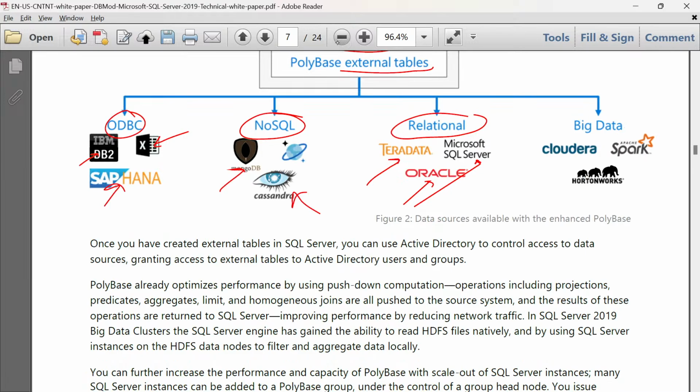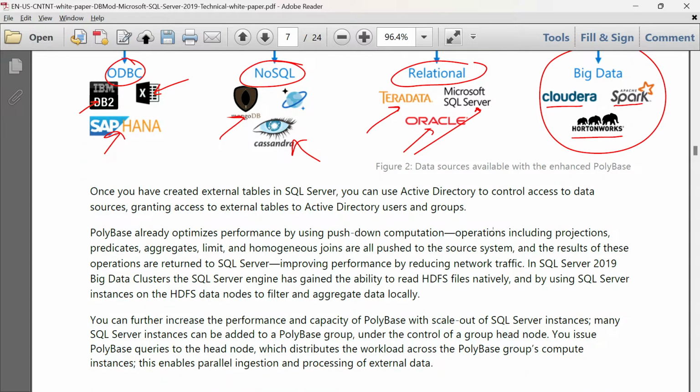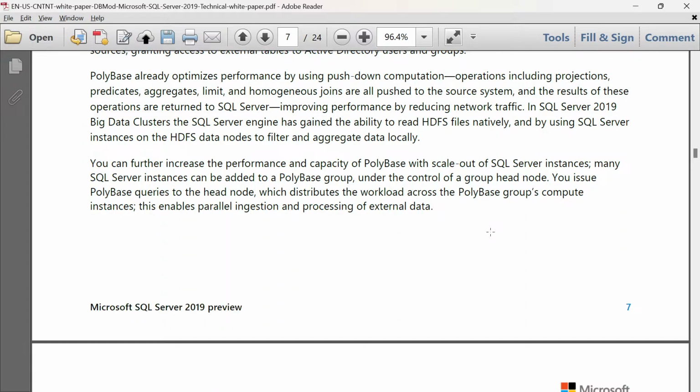Then the big data systems like Cloudera, Spark, or Hortonworks. So now these Cloudera, Spark, and Hortonworks are basically cloud-based data systems. All right. Moving further. So we are not going to read all these things line by line. You can go through this. It is available on Microsoft's website.